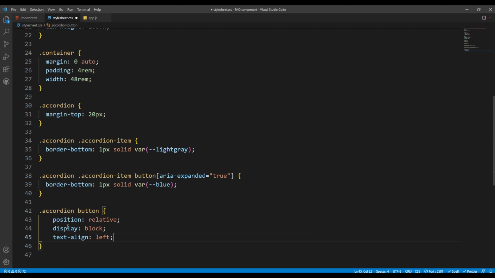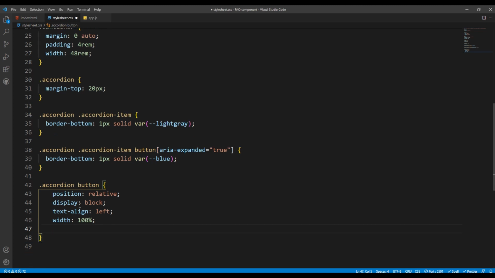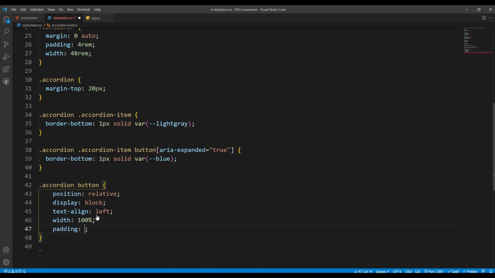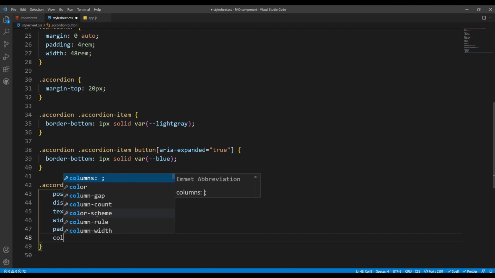I'm going to go ahead and do width of 100%, like that. And after the width, I'll add a little bit of padding, and that's going to be top and bottom is going to be 1 em, left and right is going to be 0, and the color